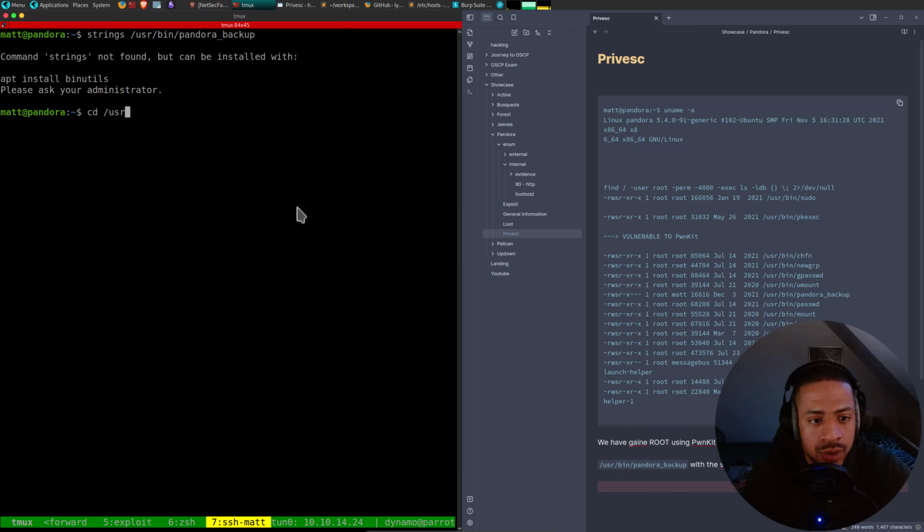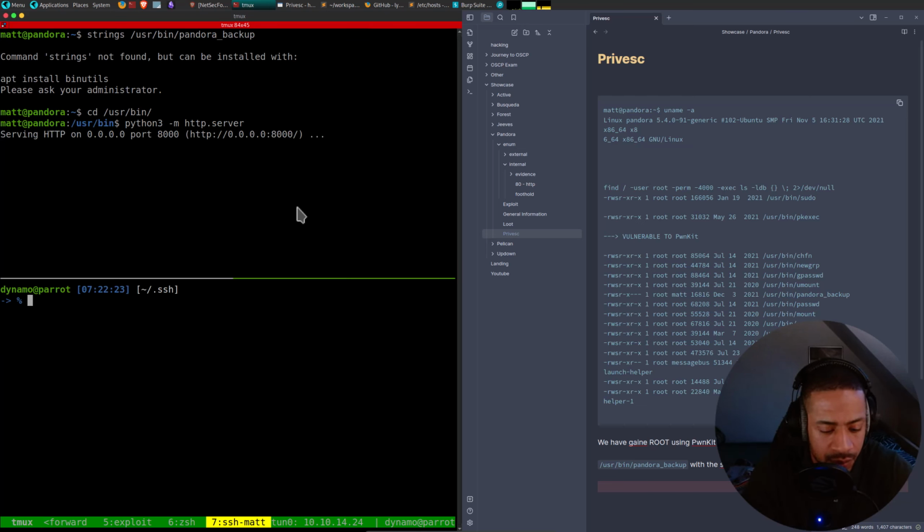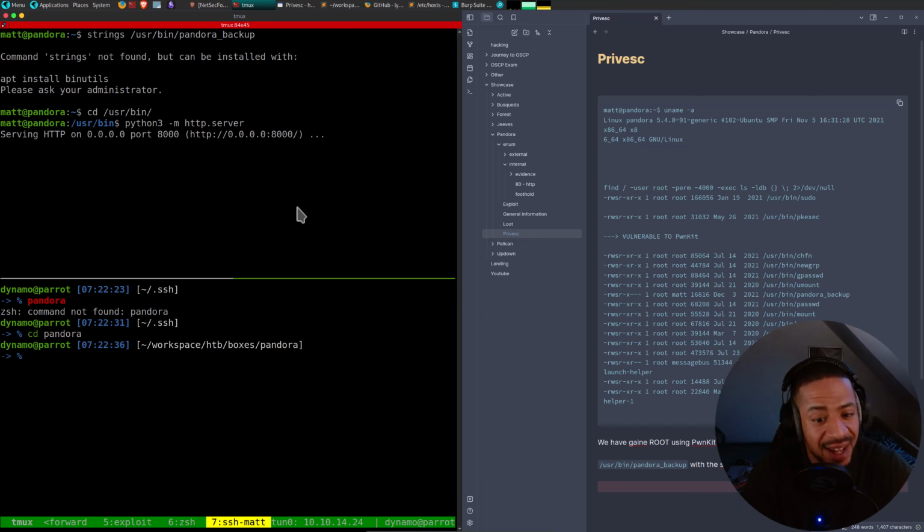I can go to /usr/bin, python3 HTTP server, go on my local machine. Why do I keep? Oh, okay, I know why. Okay, that doesn't work yet. cd Pandora. Ha, that works.